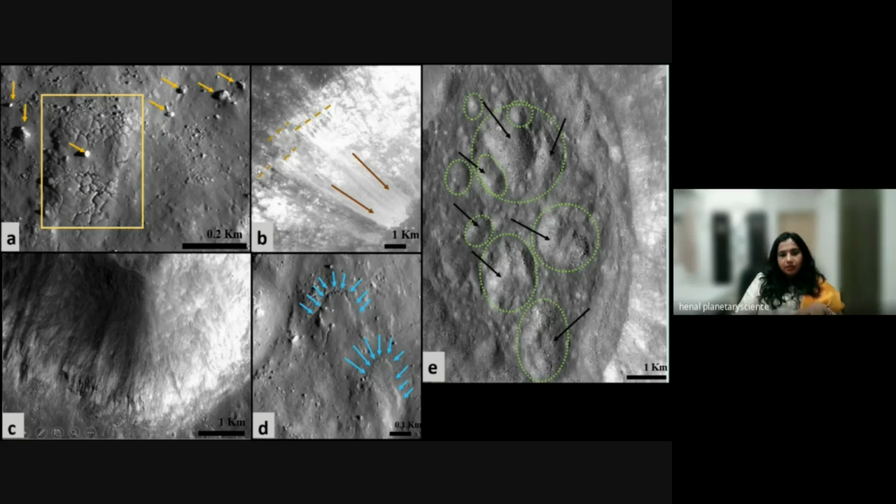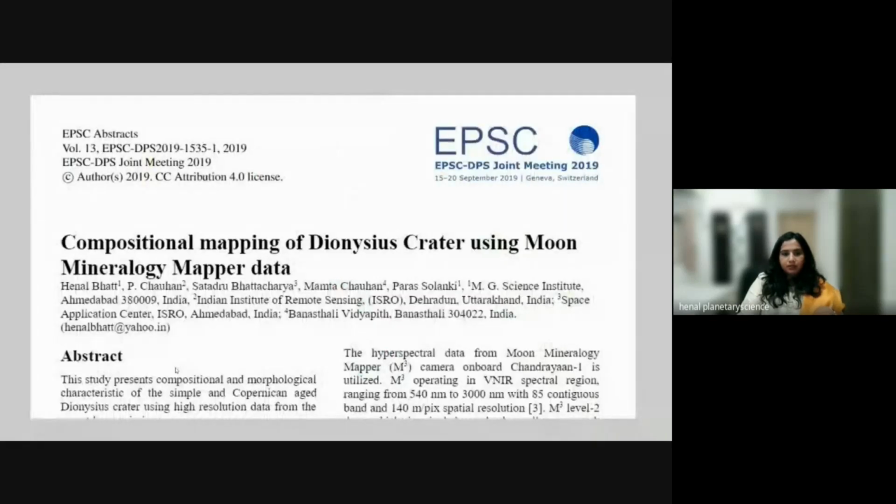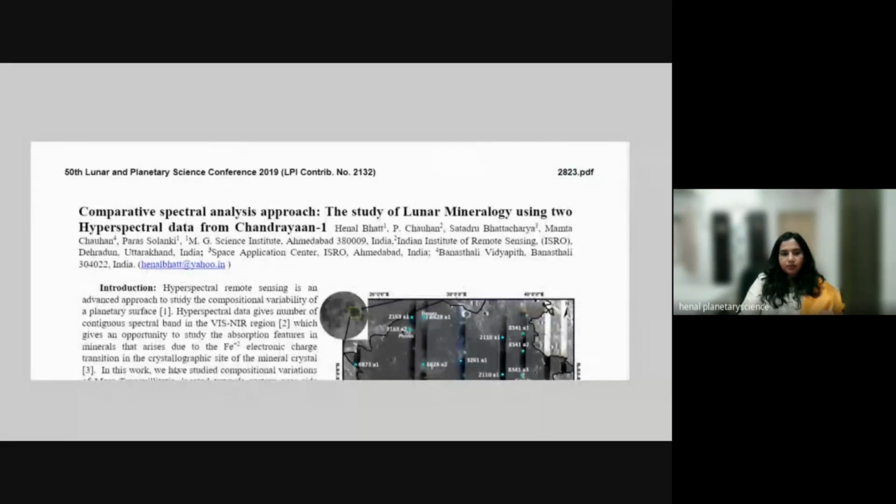Then B is showing debris flow that rushed from the crater wall to the central part of the crater. Then E is showing a central mound or hummocky crater floor. Then D is showing melting fronts on the crater wall. And C is showing albedo difference as well as mineralogical difference. This work was presented at the APSC DPS joint meeting in Switzerland in 2019.